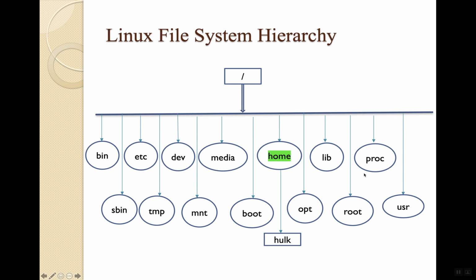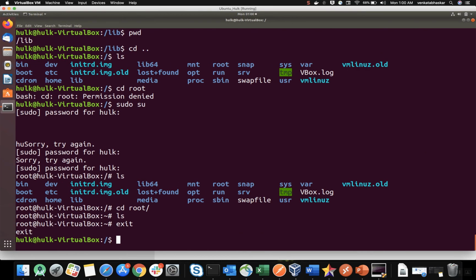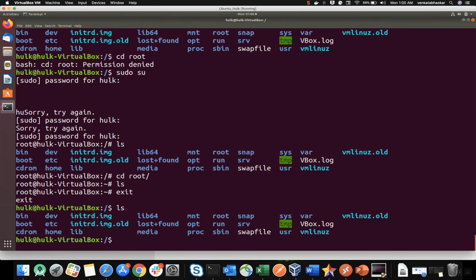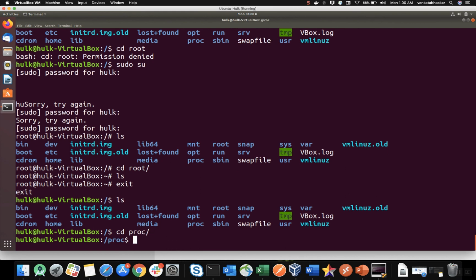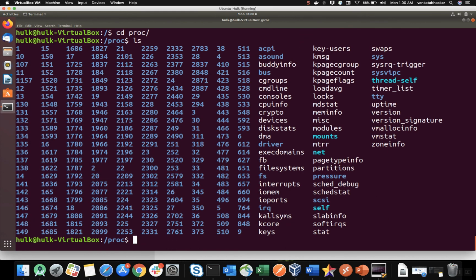And there is proc, which means a list of processes will be there. Okay, ls command, cd proc, ls. If you see here, a number of folders are created. If you run any application, one process ID will be given by the operating system.